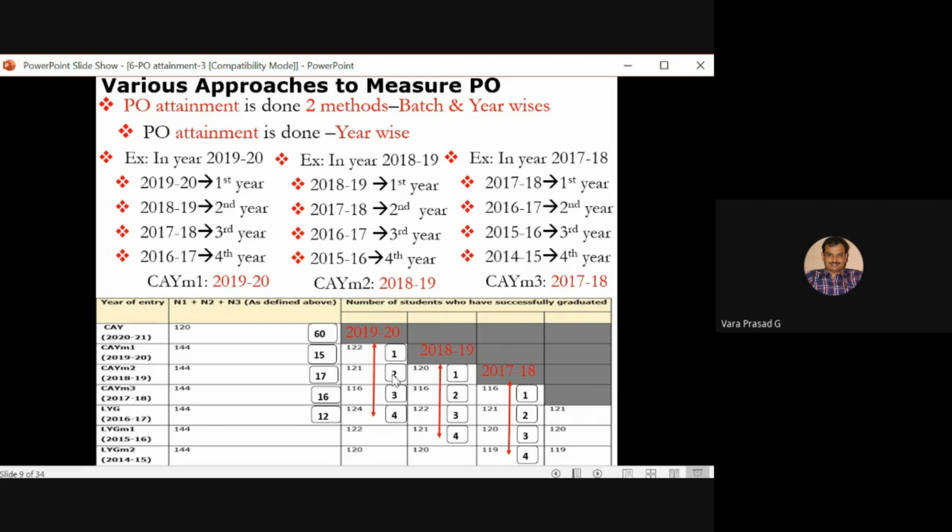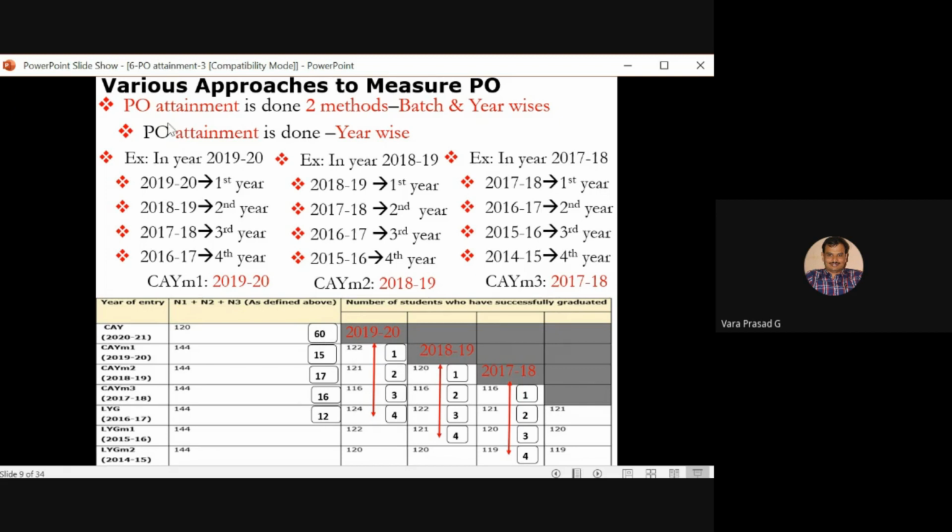In second year, the third and fourth semesters, I'm assuming they have studied 17 subjects. In third year, the fifth and sixth semesters, I'm assuming they have studied 16 subjects. In final year, the seventh and eighth semesters, they would have studied 12 subjects. So in 1920, odd semester as well as even semester, they have studied 60 subjects. So 15, 17, 16, 20. So I'm assuming 60 subjects.